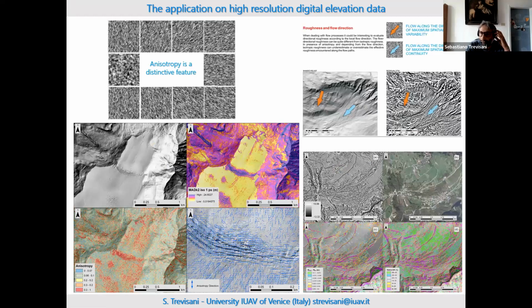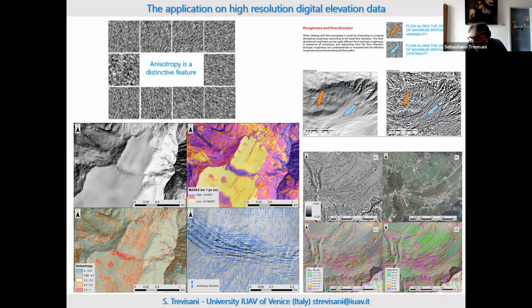The point is that the directional and multi-scale analysis of surface roughness or surface texture, I use the two terms in the same way, can provide a lot of information on related surface processes, and can be really useful, for example, as input feature,